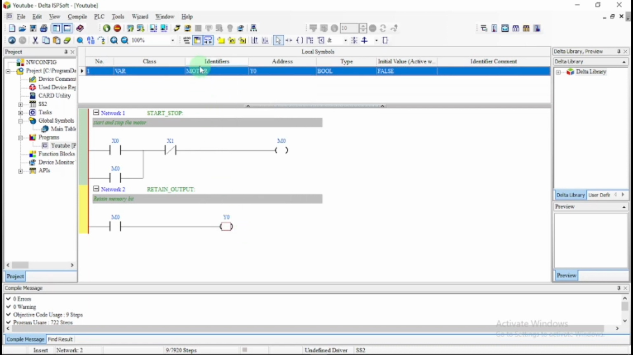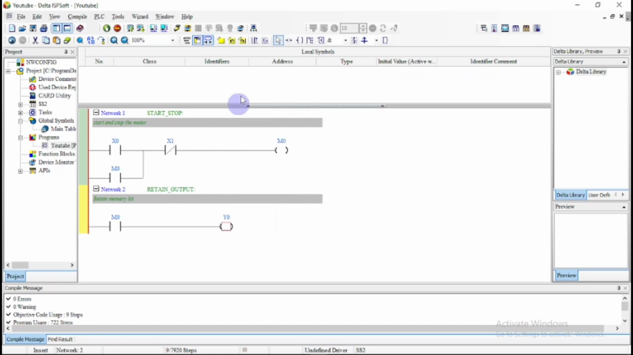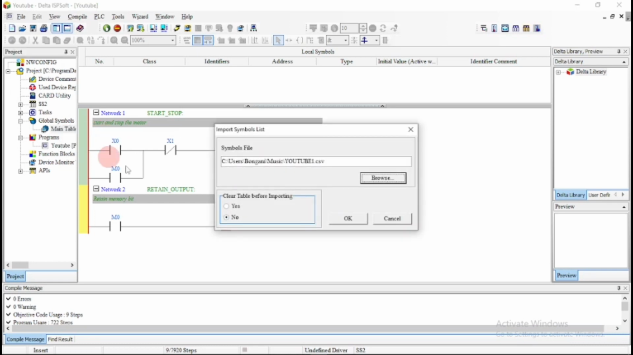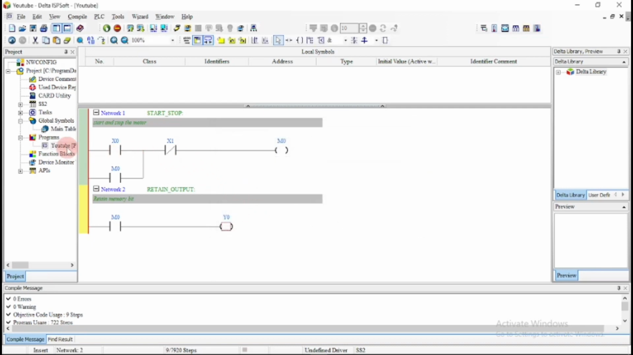So I will delete those symbols, then I'll go to global symbols, and you can also just right click to import or export. There you can also choose between clearing your table or not clearing your table. It's always best to not clear a table if you're busy with the project, so that you keep on adding new things to the program. But because this is a new program, I'll just clear,